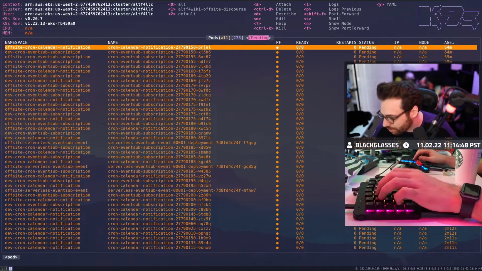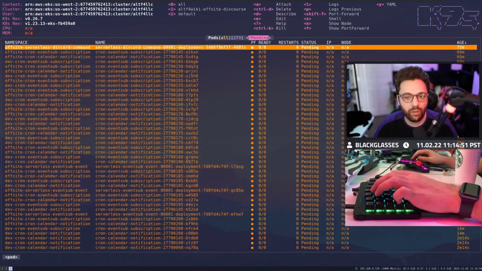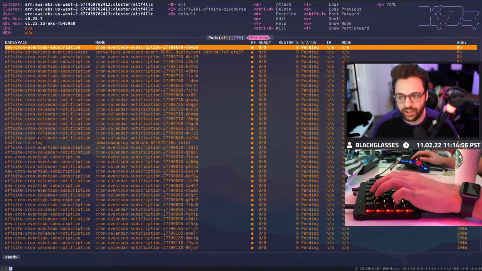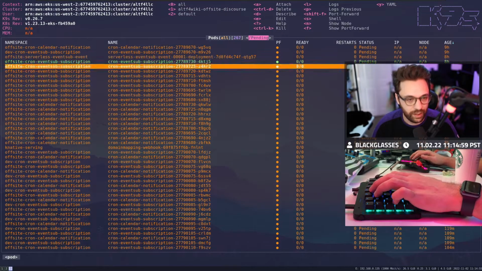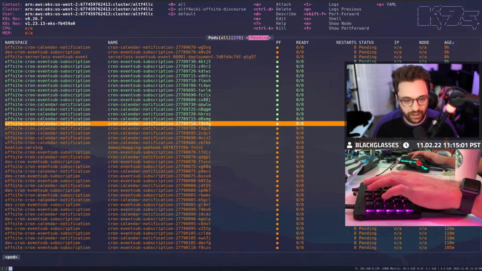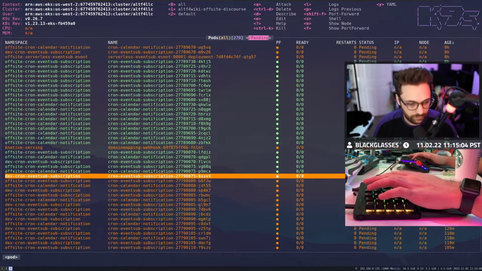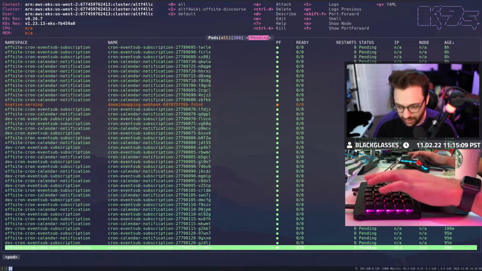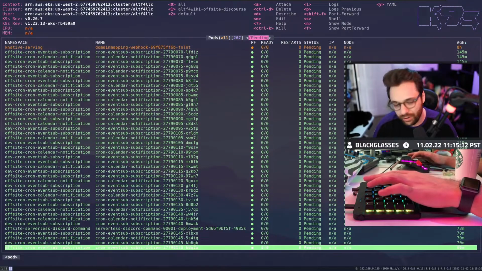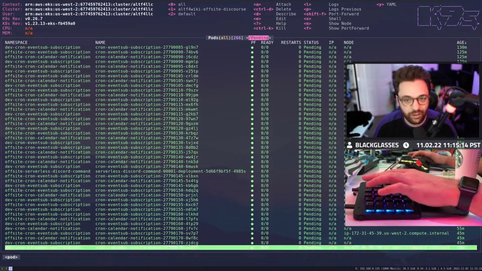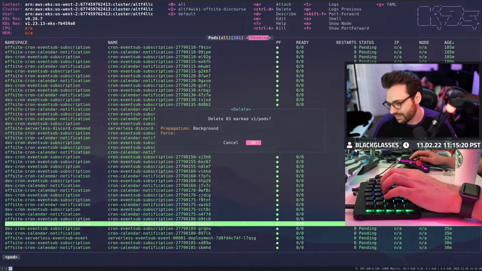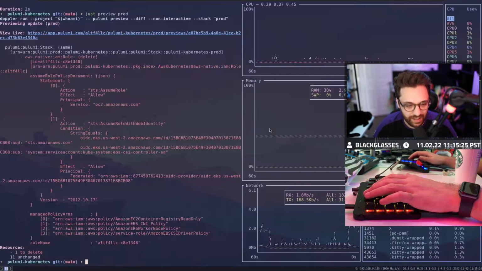What is it? So kubectl get po cron. Yeah, no, but I'm wondering if I can shift-select all, essentially, you know what I mean? That would be very cool if I could just do that. I wish I didn't have to do this, I guess. Does that make sense? Dude, I deleted 150 of them, and then 300 appeared out of nowhere. I hate having to do this kind of thing.